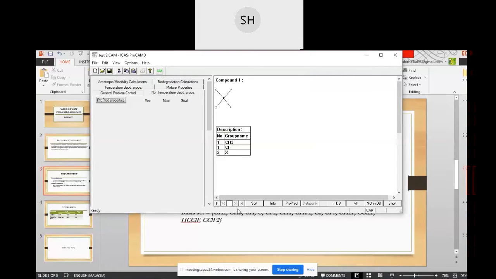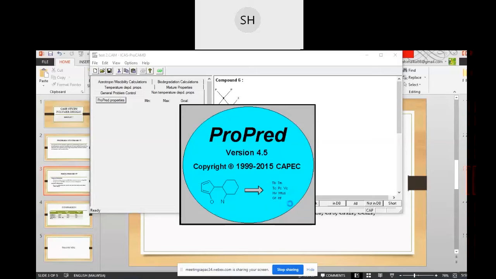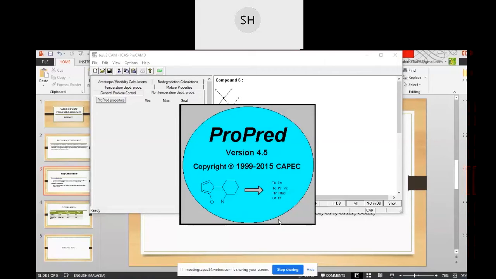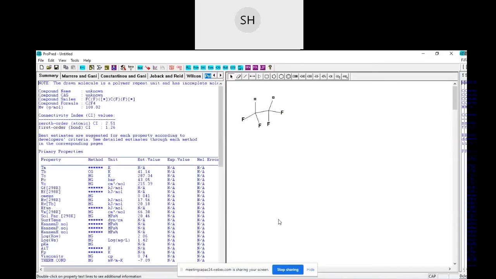Okay, so from our generation result, we got 55 compounds, and then we get 7 compounds which are shown in the ICAS. So for example, in compound 6, CF2, we click ProPred.